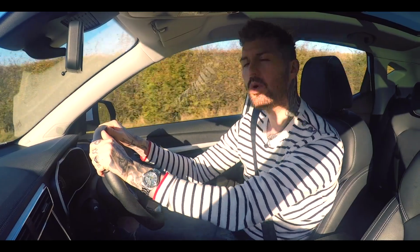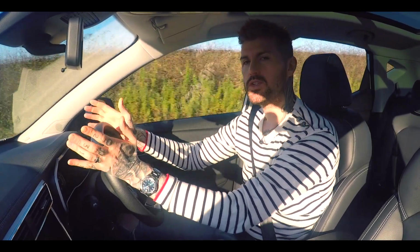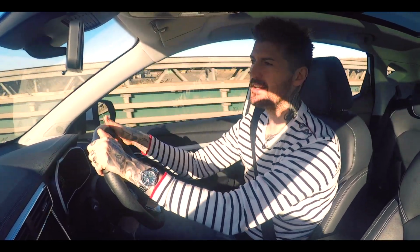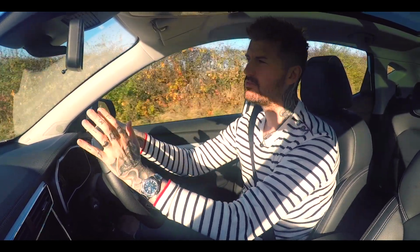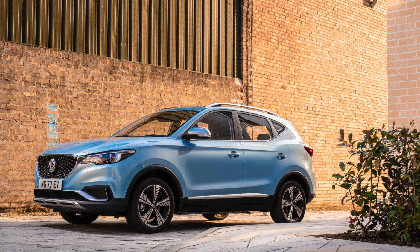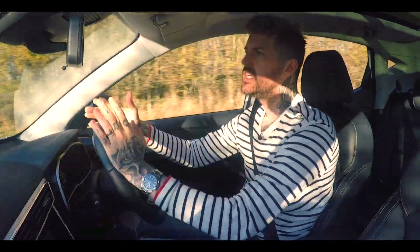But then when you get it on the motorway, it starts to feel a little bit more turbulent. You can hear the dashboard rattling a little bit more as well. I remember the last car had fairly unsettled ride quality. Not really harsh, but just bouncy. That's still the case here. Not a catastrophic issue. Most people are going to find this perfectly comfortable, but if you put it under the